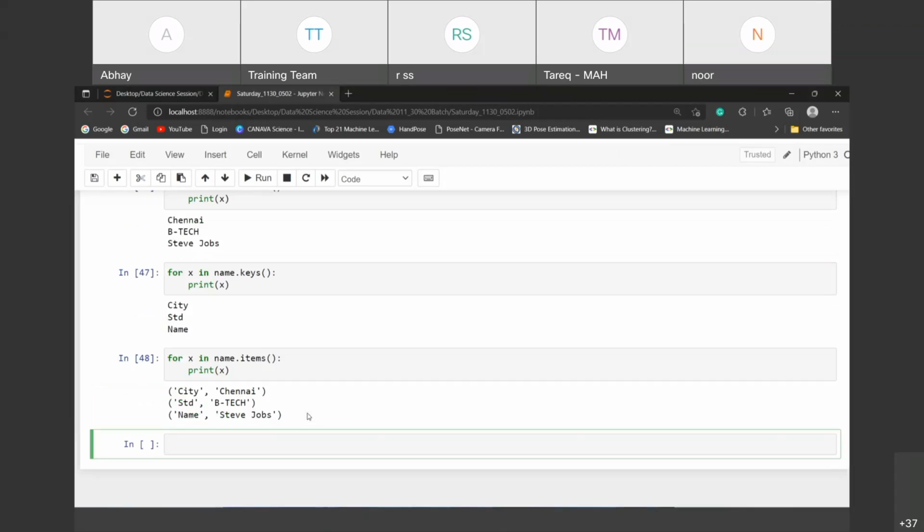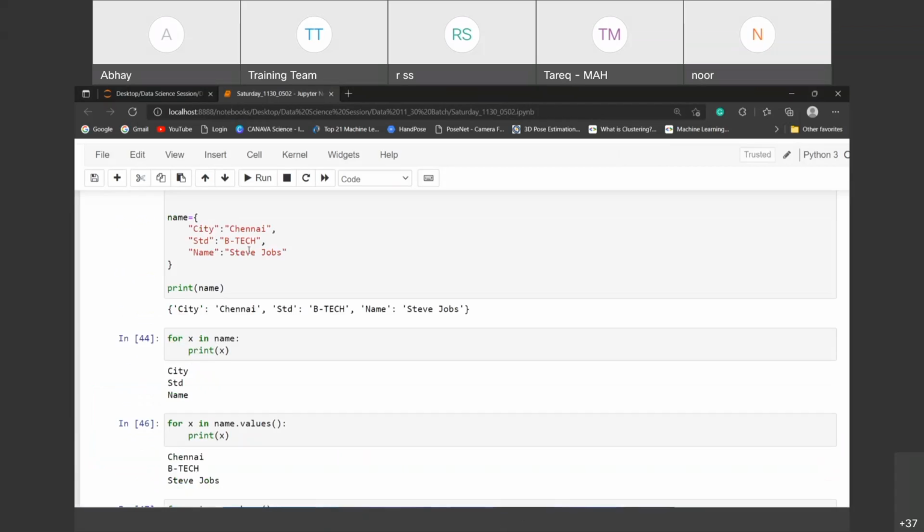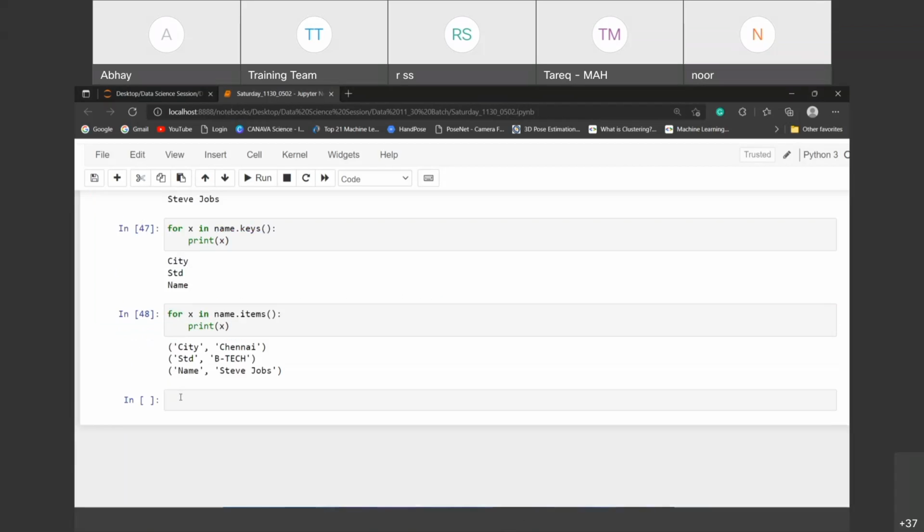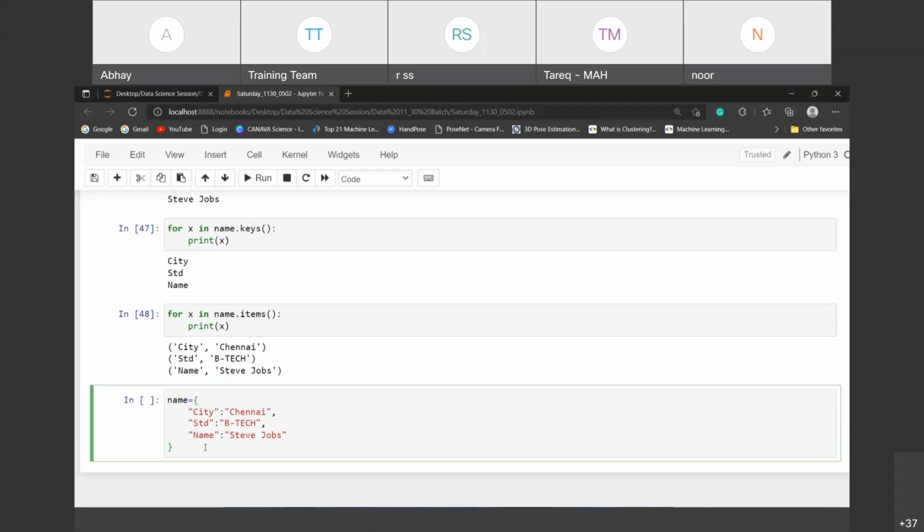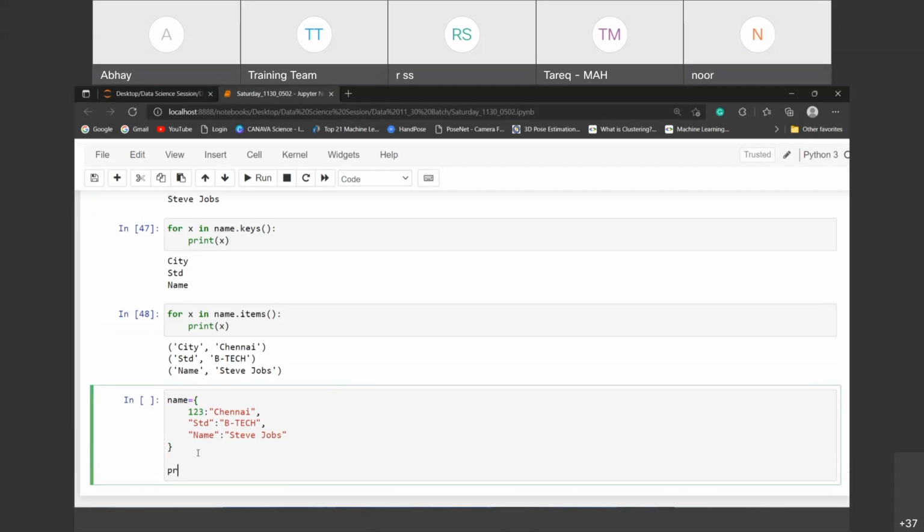Items, check out, we are getting both. And the question I got here was, see, if I am changing 1 to 3, and if I print this one, then definitely it matters always.